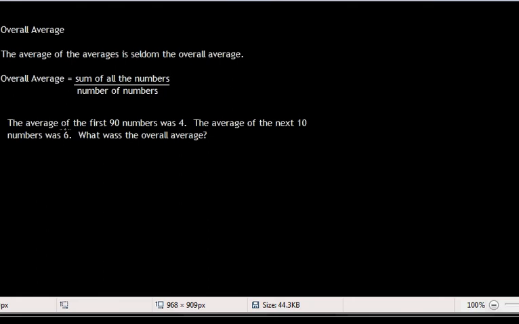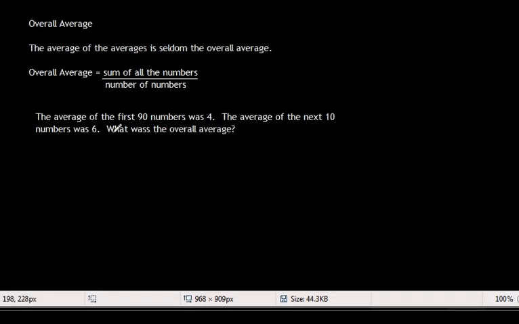Alright, overall average. The average of averages is seldom the overall average. So if you have the average of one thing and the average of the other thing, to find the average, you don't add the averages together and divide by 2. On the other hand, overall average is the sum of all the numbers divided by the number of numbers. So, for example,